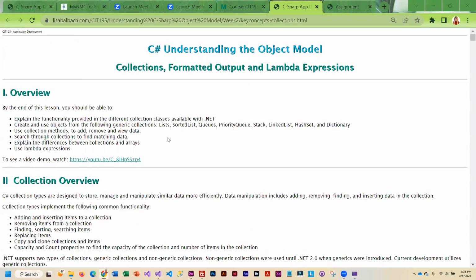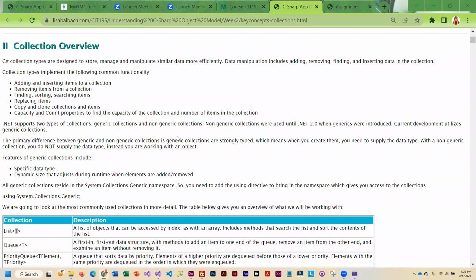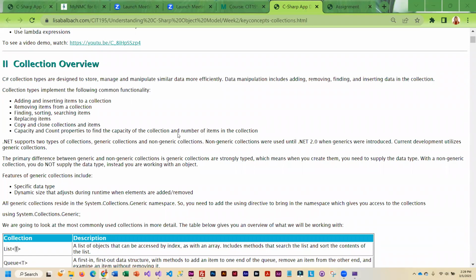All right, what we're going to cover today is collections, formatted output, and Lambda expressions. Collections are something that we use a lot in .NET. So moving forward, you will be using them a lot, not only in this class, but in our upper level CIT classes. And basically a collection lets you create